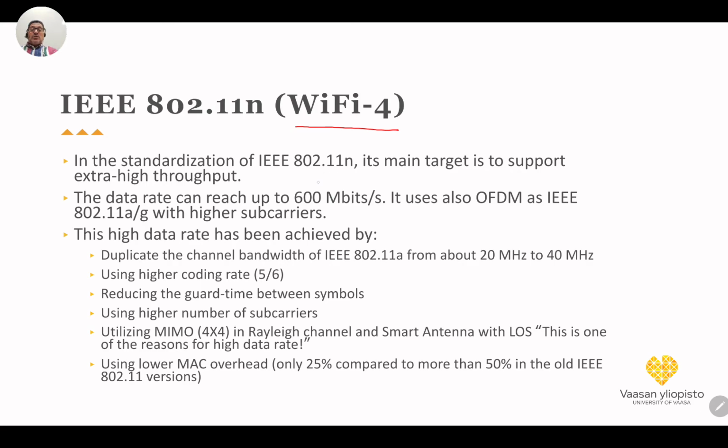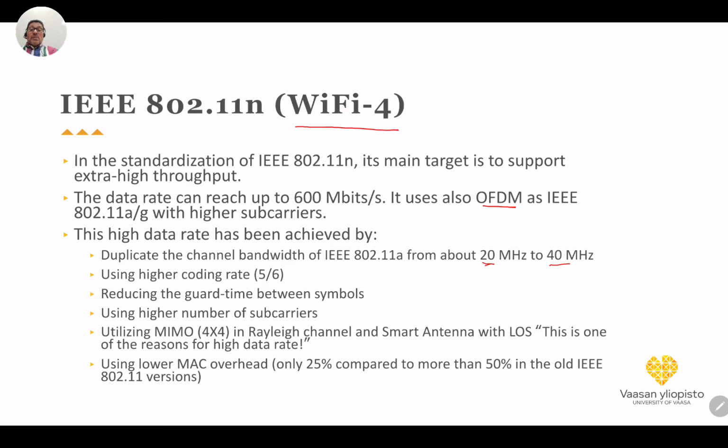And in that standard, actually it can support up to 600 megabits per second. It uses also OFDM, and they increase the data rate by duplicating the channel bandwidth. So we know that in the previous standard, the bandwidth was 20 megahertz per channel. Now it has been increased to 40 megahertz, and also they use better and higher coding rate. They reduce the guard time between symbols. They use higher number of subcarriers, and actually they introduced in this generation to use the MIMO with 4x4